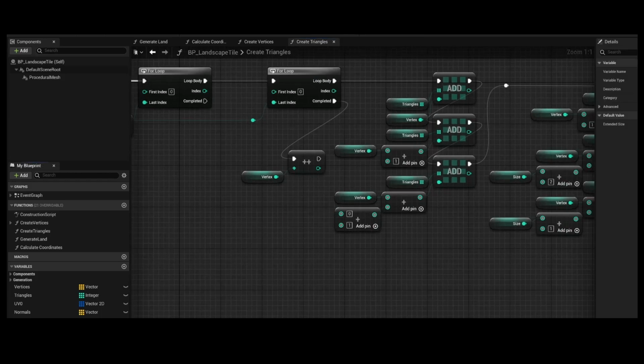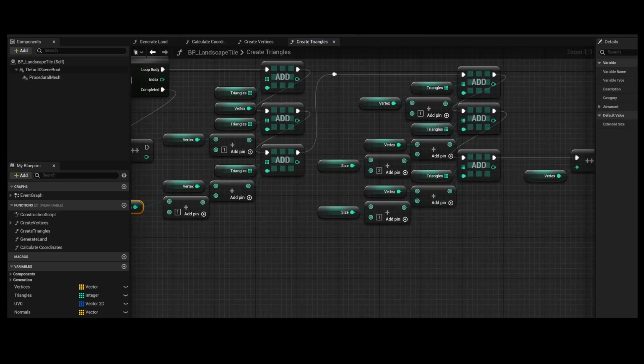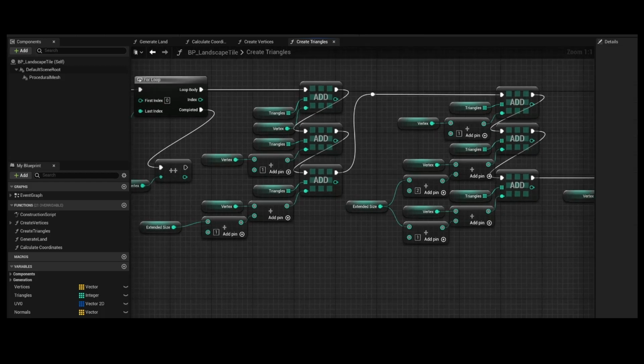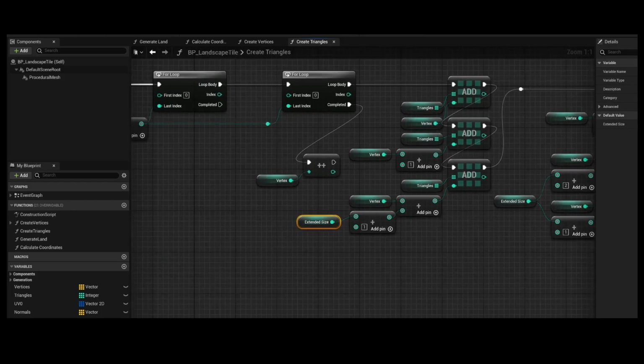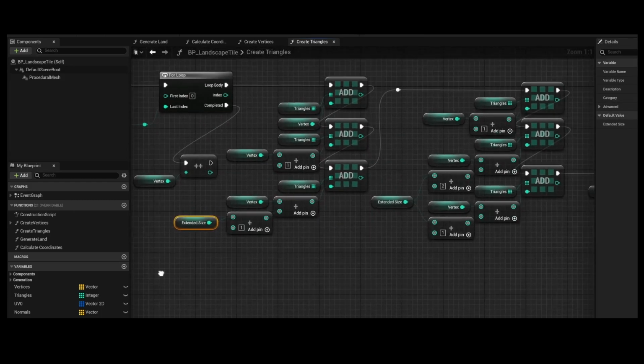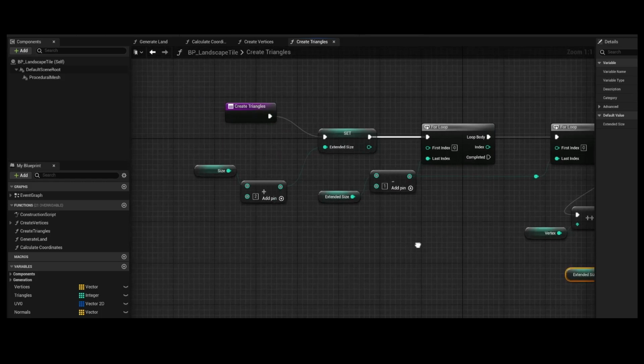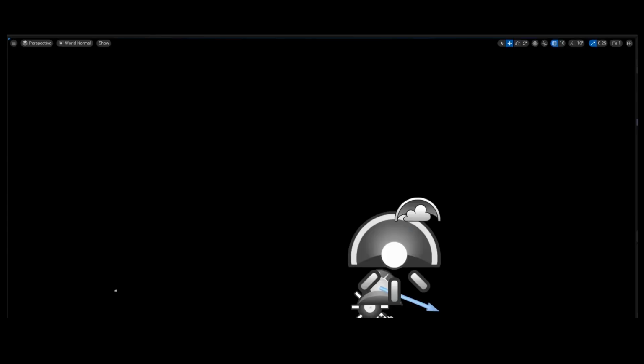You might notice this looks a little different. I just have it laid out differently than Fettis did, but it's the same. I laid this out differently because I actually would like to really rewrite this mess, but I haven't done that yet, so it is the same as it is in the original. So now we should be generating 2 more squares around the edge of our tile. And the result of that, if we generate our landscape,